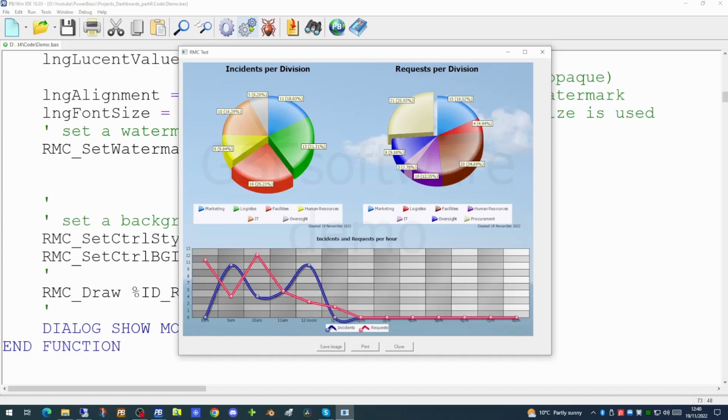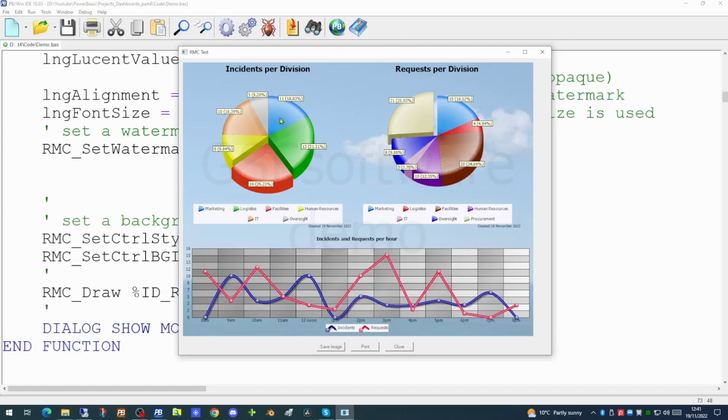What we're going to do next is to emulate a drill down of one of the pie charts. While you're providing this dashboard possibly to senior management, while they can see the information on screen, they may want further information. For example, they can look at the number of incidents per division, and they can see that one of the divisions, for example the marketing division, has 11 incidents. So how can they actually drill down to that to see what the information is? What are the 11 incidents? This can be quite easily done.